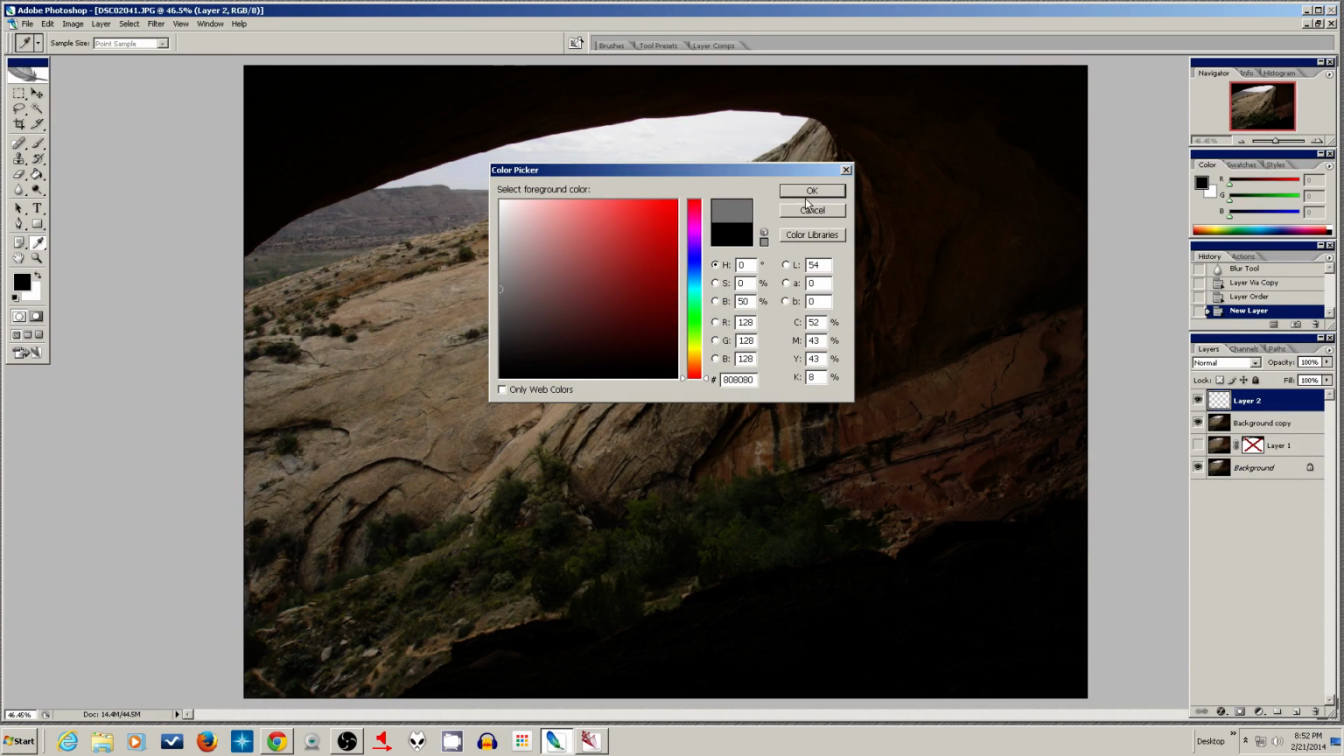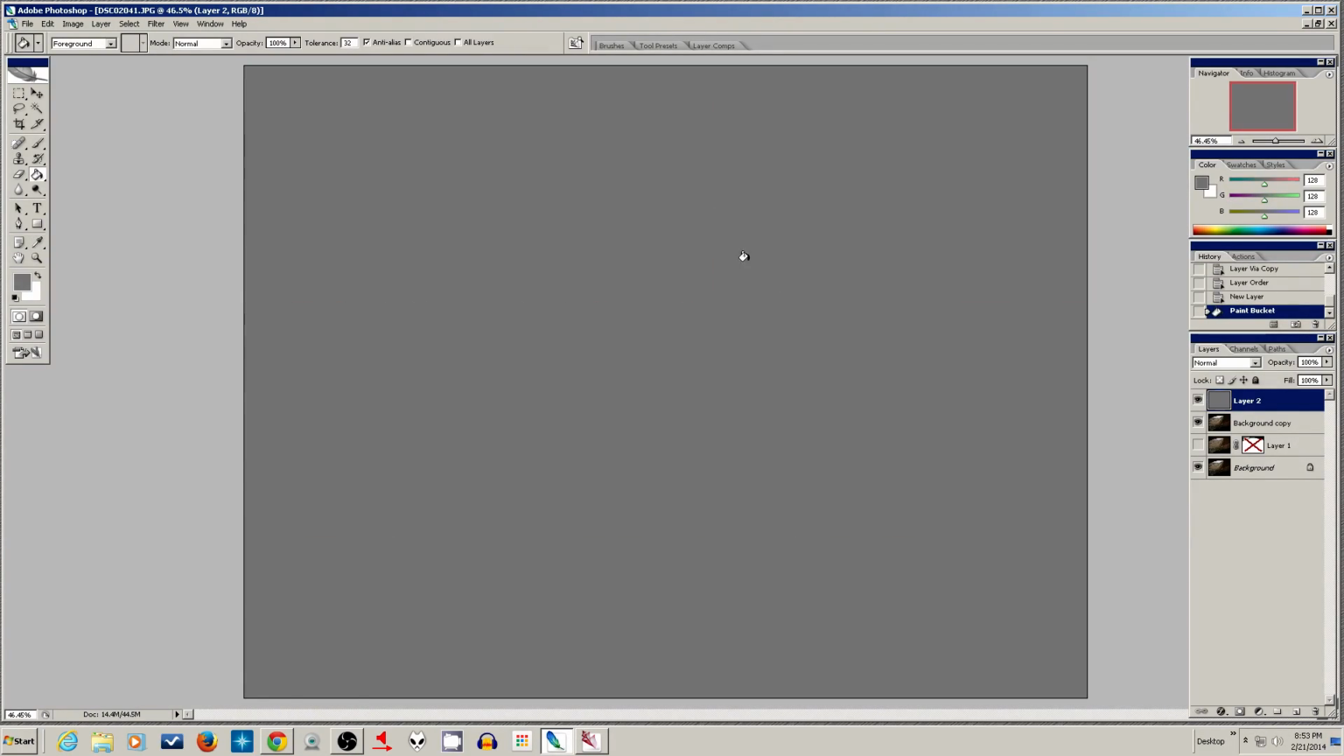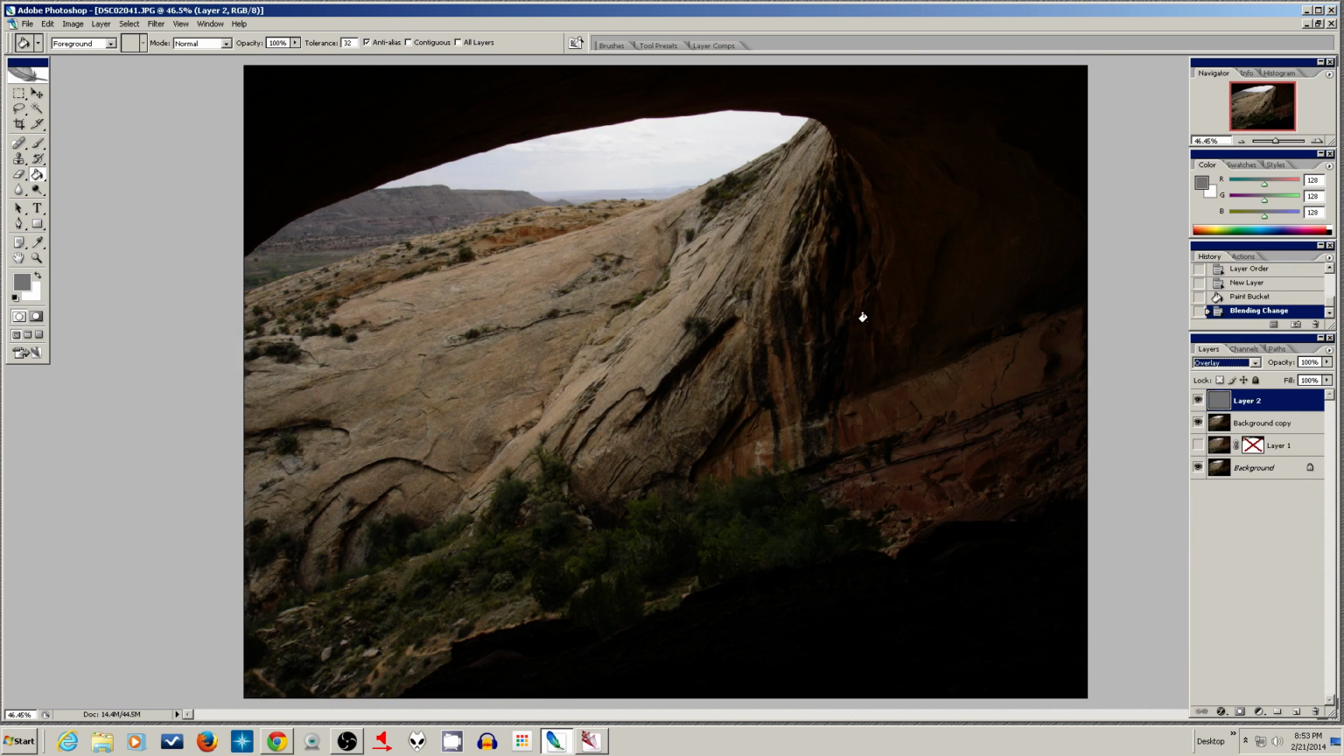Also, you could have typed in 80, 80, 80 in the hex. And so now I got this gray, and I'm going to paint this layer, and now this layer's that color, right? 50% gray. Well, I'm going to change this to overlay mode and watch what happens. Oh, look at that. You don't see the layer. It's gone. How come? What's happening here? Turn it off, turn it on. It's gone completely. It's because the overlay mode only has an effect on colors lighter than 50% gray and colors